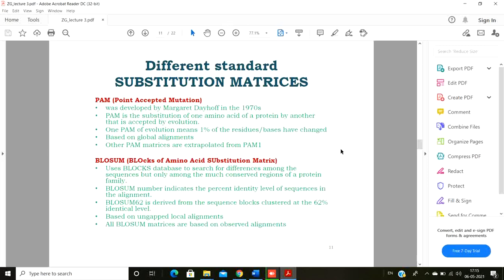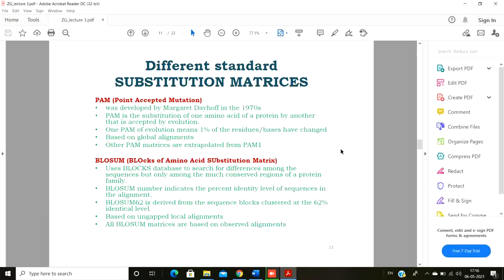Now what is background frequency? The background frequencies are the frequencies of each of these possible substitutions, which would be determined by the overall frequencies of the different amino acids if the changes were purely random. And the target frequencies that are observed in the substitution frequencies are biased towards the substitution of similar amino acids that do not seriously undermine the protein function.